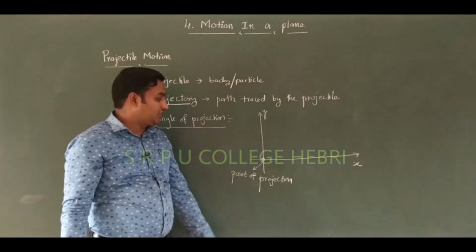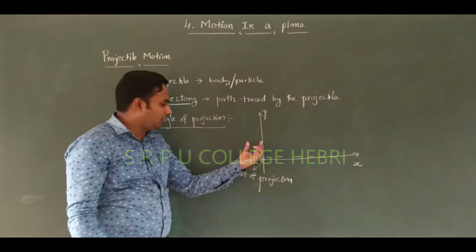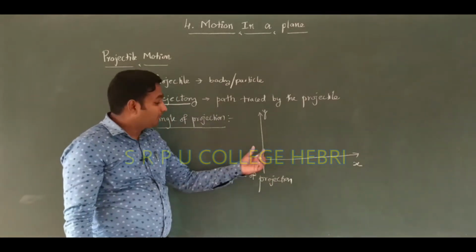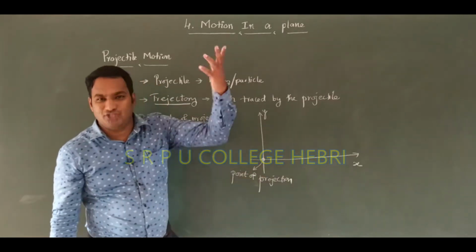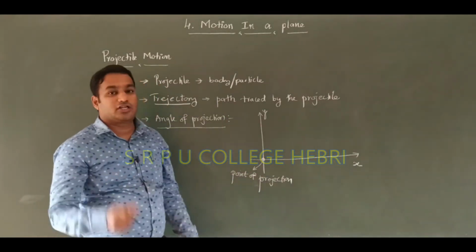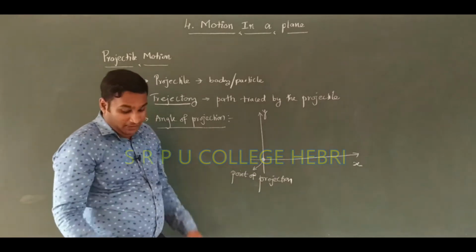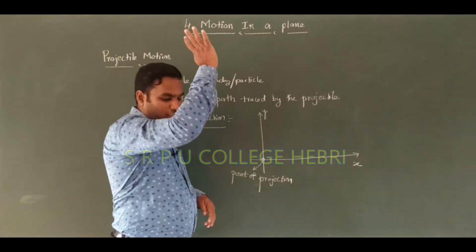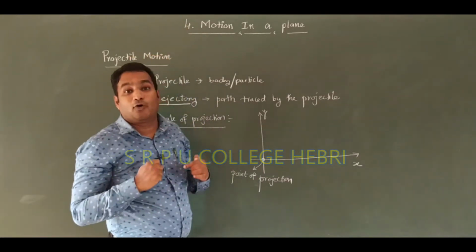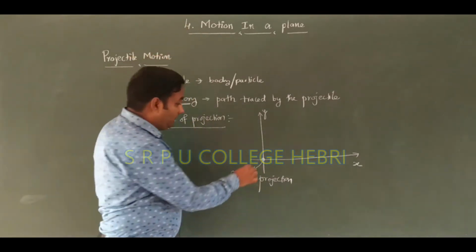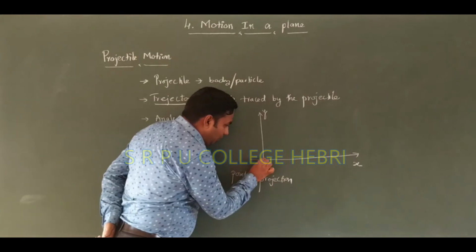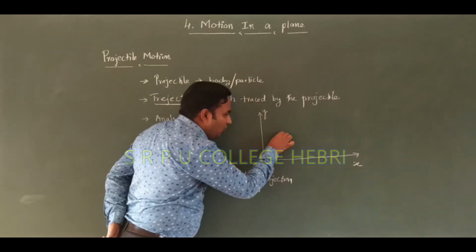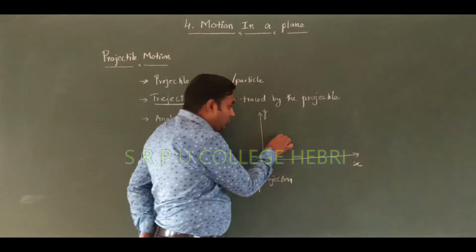Point of projection is a particular point from which you are going to throw the object. That itself we call the point of projection. If I throw the object from this point, automatically this particular point is called the point of projection. From this point, if I throw one ball like this,